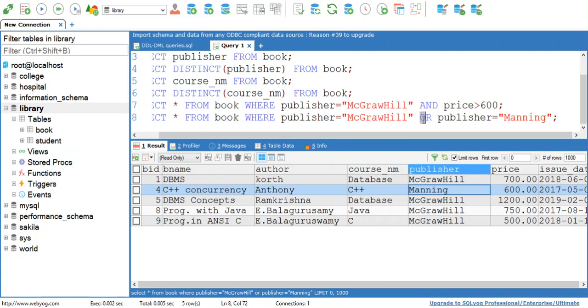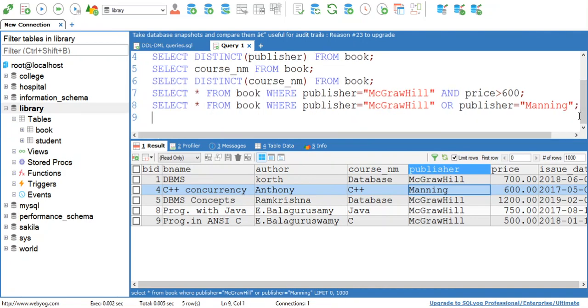When you use the OR keyword, it means that your output must satisfy either of the conditions, so your output must contain data either for McGraw-Hill or for Manning. This is how AND and OR keywords work with select query.